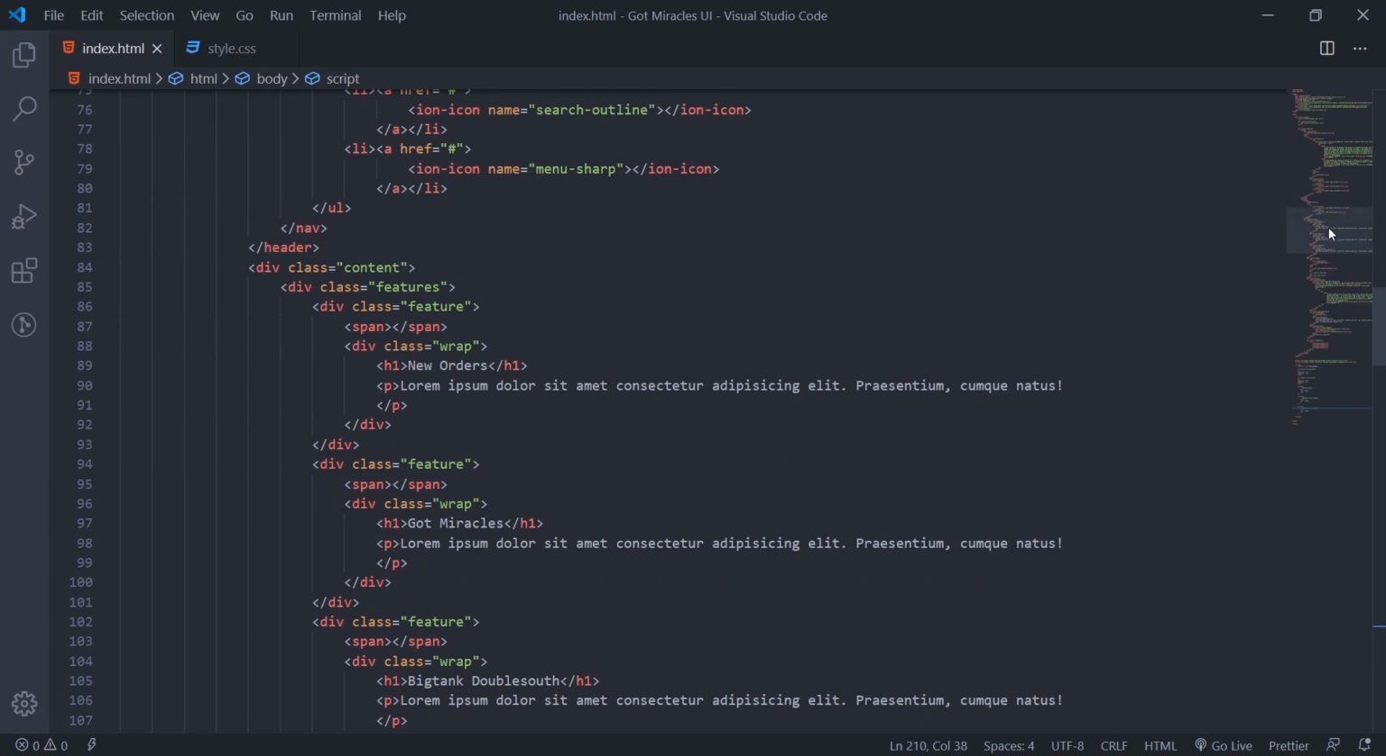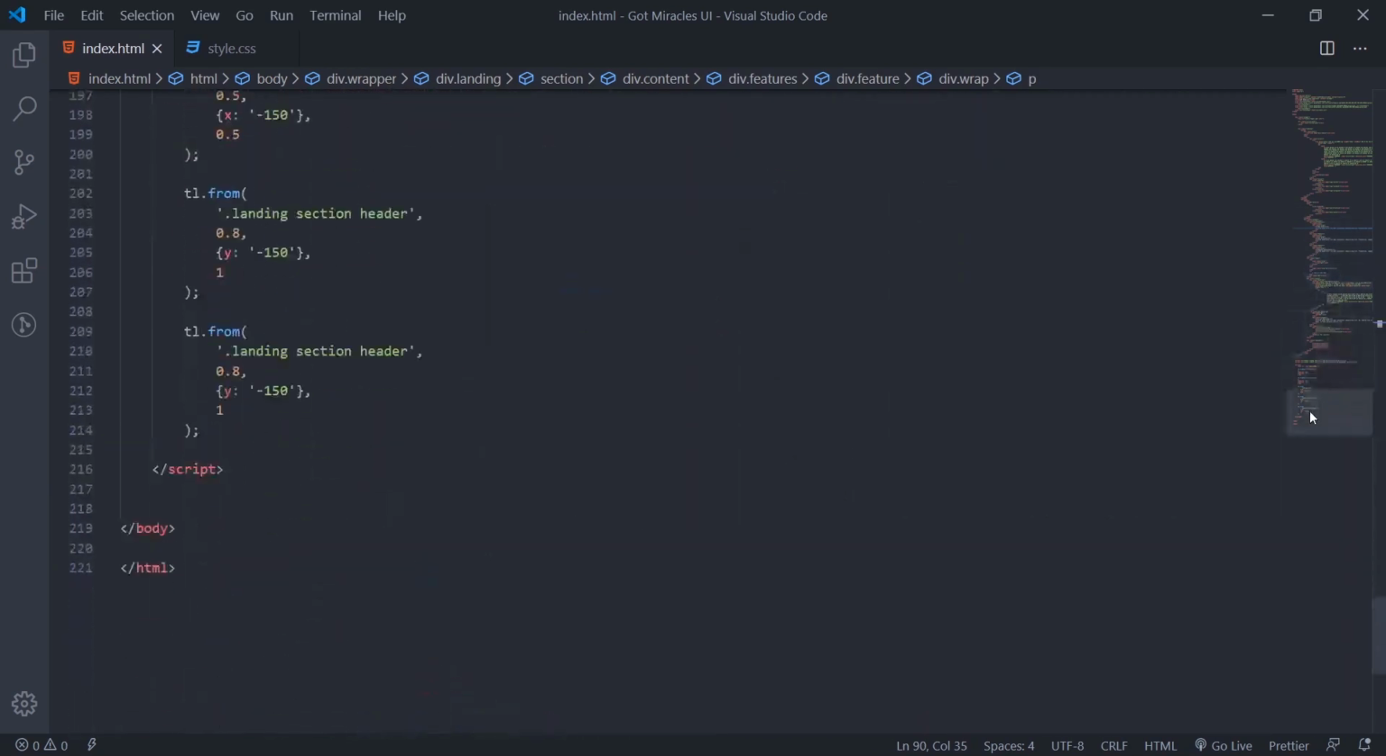Okay. Then we'll get this feature p as well. All right. So I'll target this stuff here now. Section, command the header, then